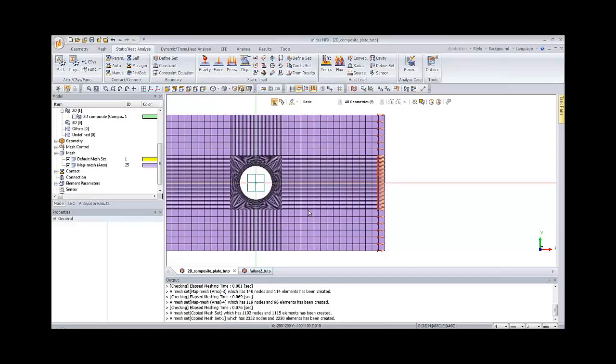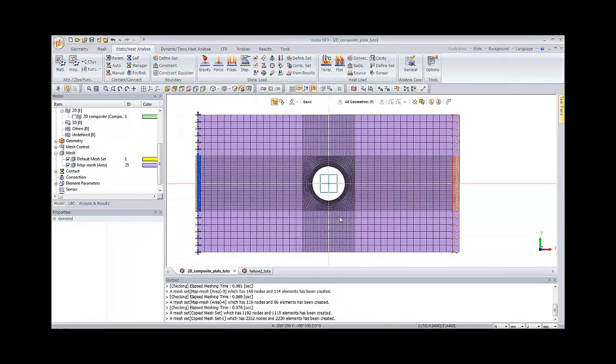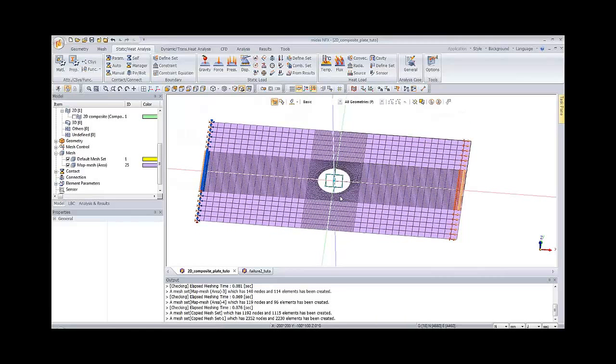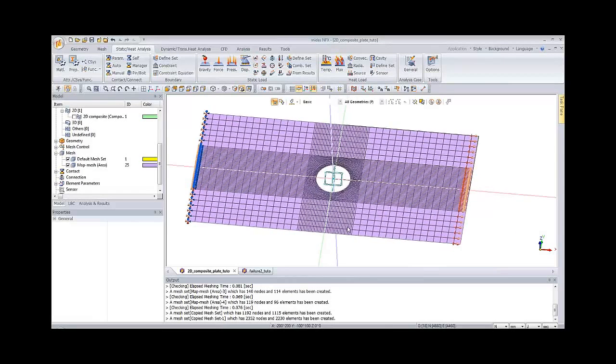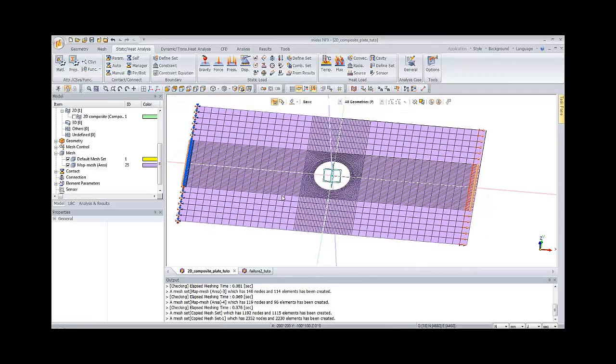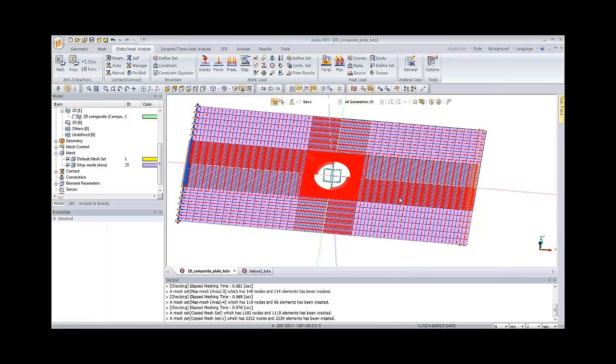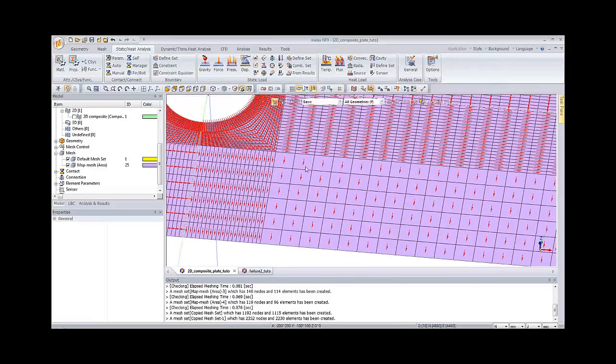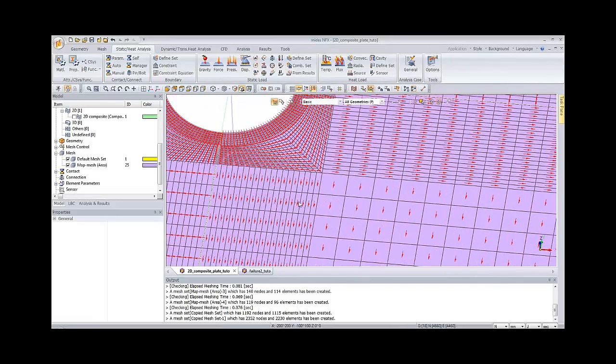And now there's something that sometimes people who don't know forget, which is to check the material orientation. Because it's important for the composite that all the elements' material orientation are in the same direction. So in the small icons here you have show/hide the material axes, so I will check that. And if you zoom on it, you see that the material orientation is not the same in all the mesh sets. So if you perform the analysis like that, you will get some strange results.